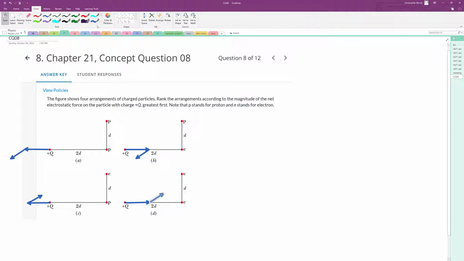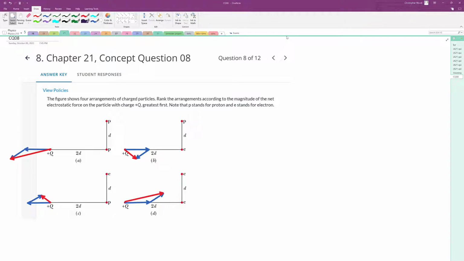So all I'm doing is leaning on basic vector graphical addition. So it's the first tail to last head, that's the rule. And then over here it's the first tail to last head. Oop, wrong arrow. First tail to last head. First tail to last head. First tail to last head. Okay,